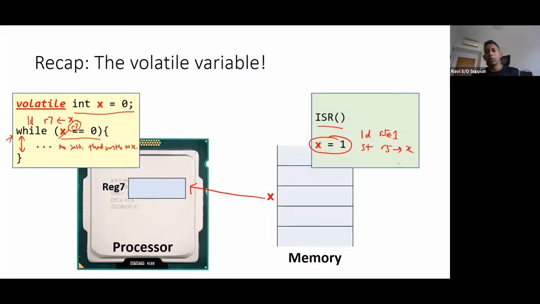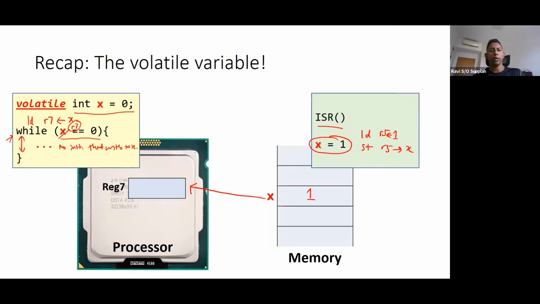So I take a value of 1, put it into a register, and take that register value and put it into x. When I say put it into x, I'm writing it into the actual memory. But this is not reflected in the main code, because in the main code, the compiler did not see any write to x.